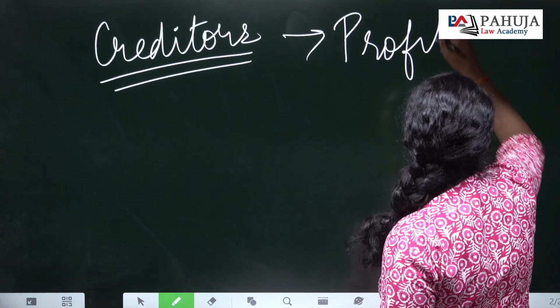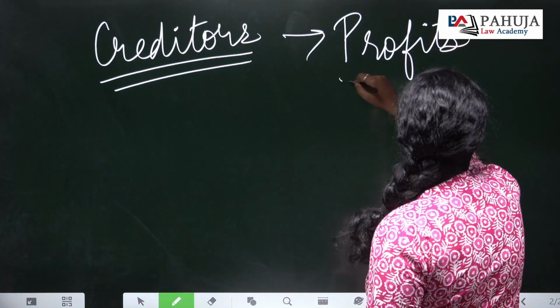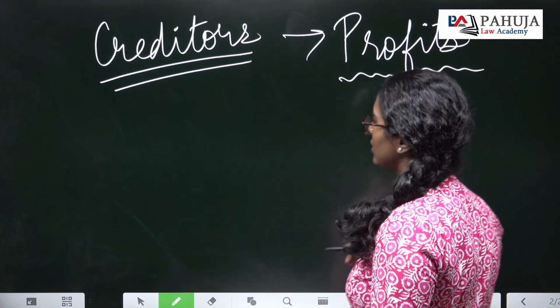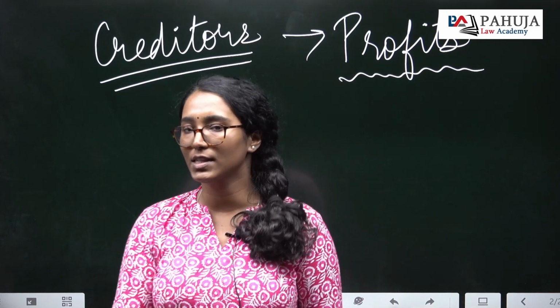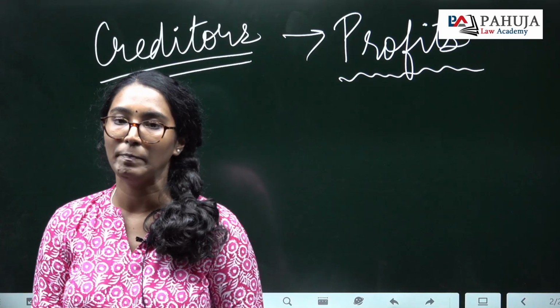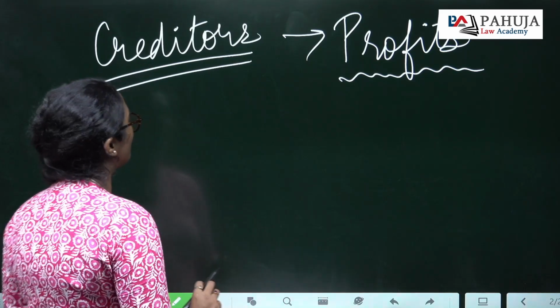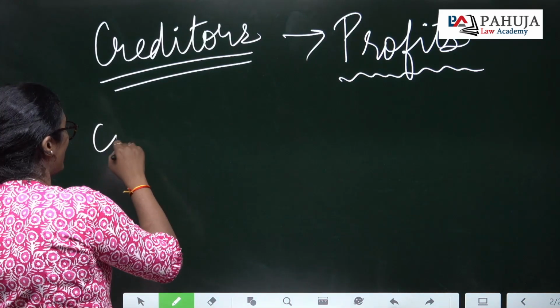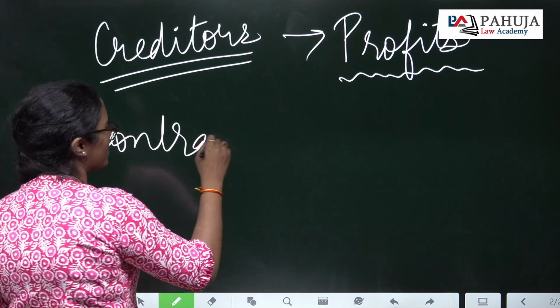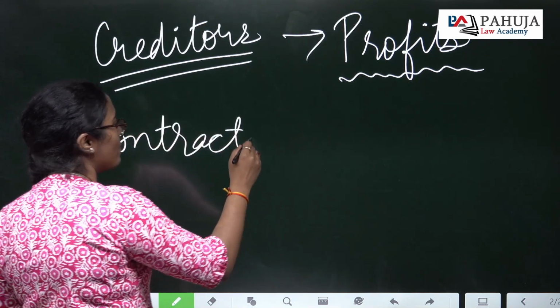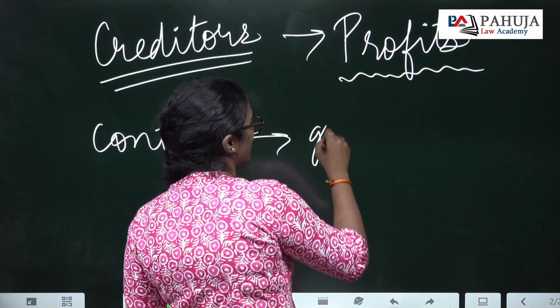So the firm agreed, कि हम आपको आपका पैसा न रिटर्न करने की वजह से आपको profits का एक share दिया करेंगे. Now what happened was, when the firm entered into a contract with another person to receive some goods on credit,